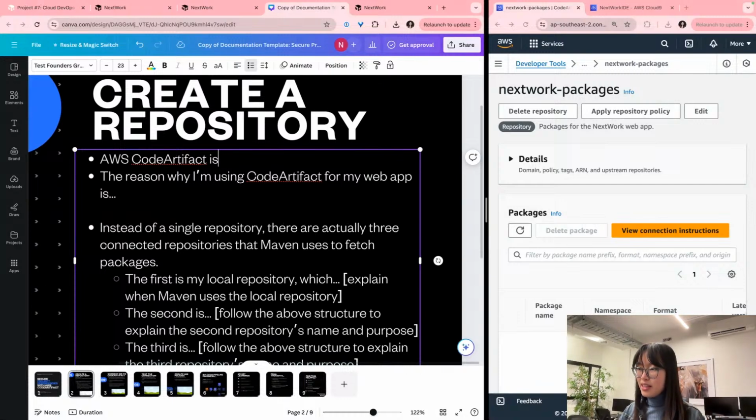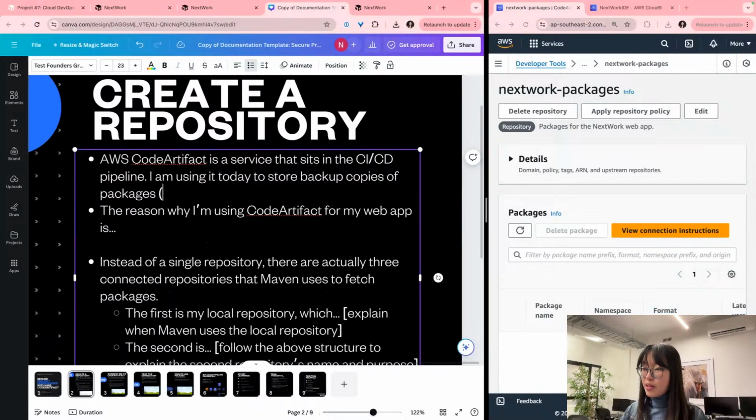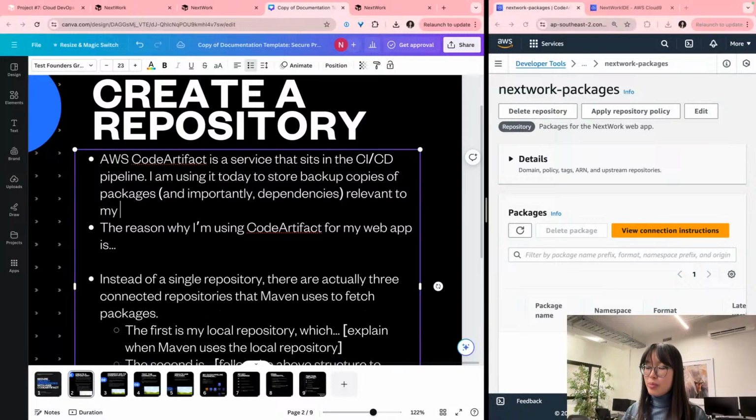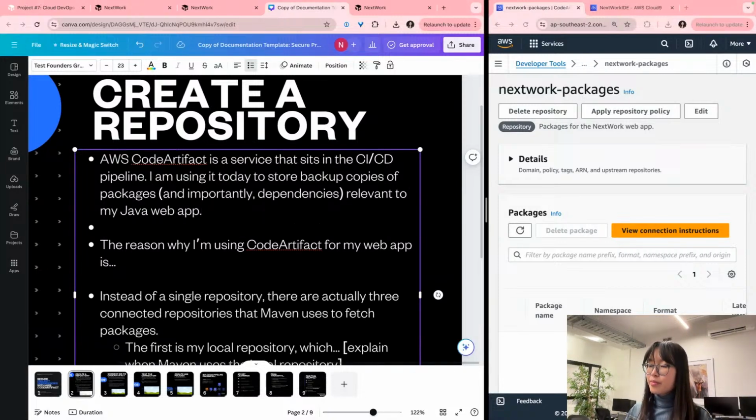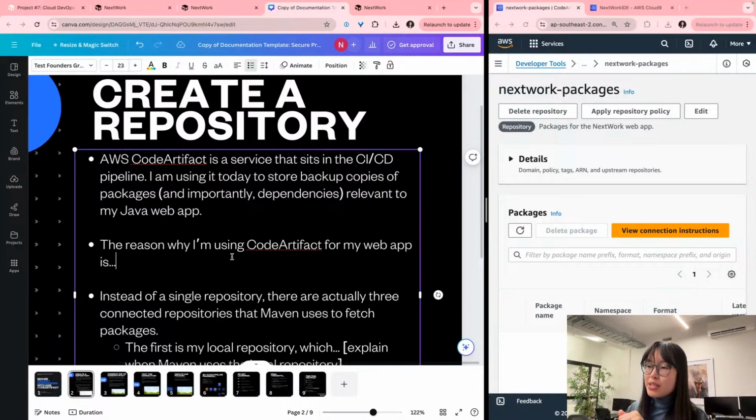AWS CodeArtifact is a service that sits in the CI/CD pipeline. I am using it today to store backup copies of packages and, importantly, dependencies relevant to my Java web app. Oh, I accidentally answered the next prompt, but I think we can go a bit more specific here. The reason why I'm using CodeArtifact for my web app is for security,